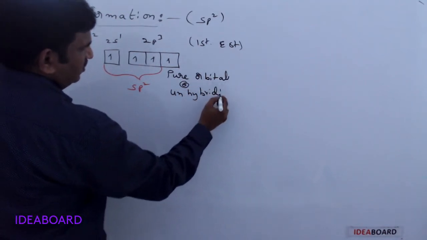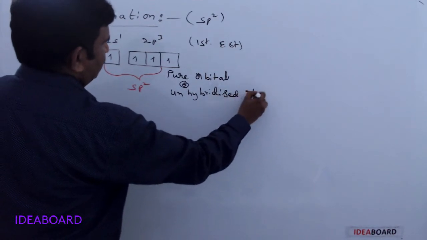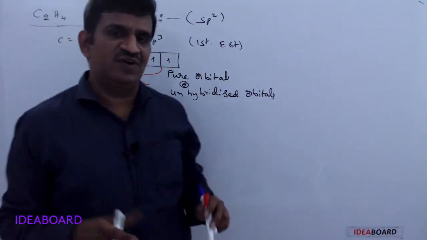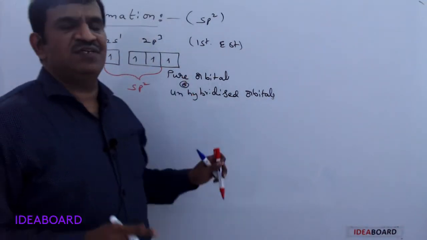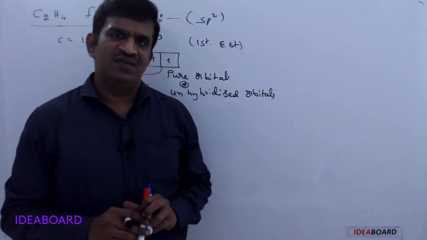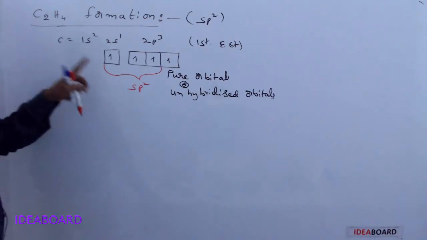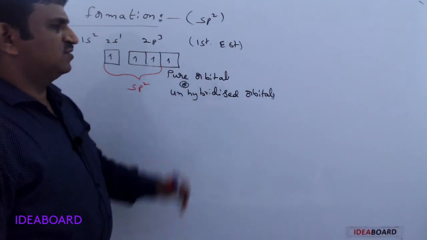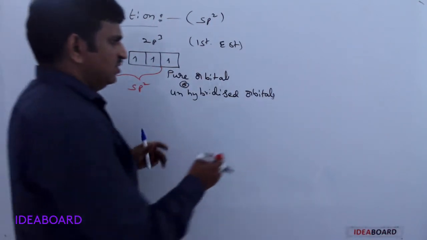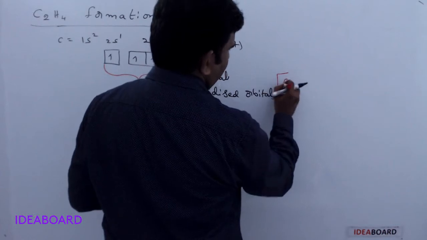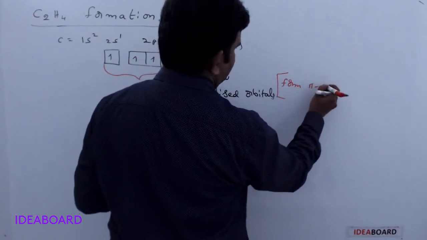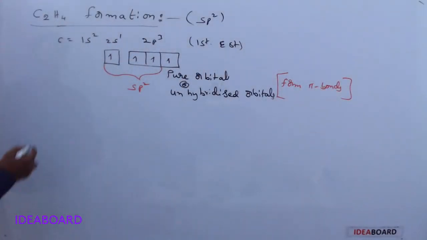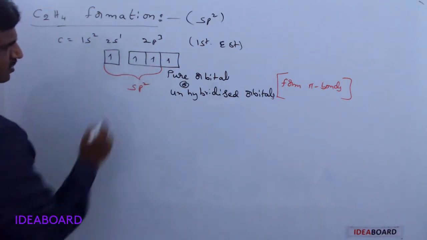So please note the rule: unhybridized orbitals, or pure orbitals, don't form sigma bonds. These pure or unhybridized orbitals form pi bonds mainly. Whenever there is a carbon atom in which some are hybrid orbitals and some are unhybridized orbitals, the unhybridized or pure orbitals form mainly pi bonds. So in brackets you remember here, they form pi bonds.